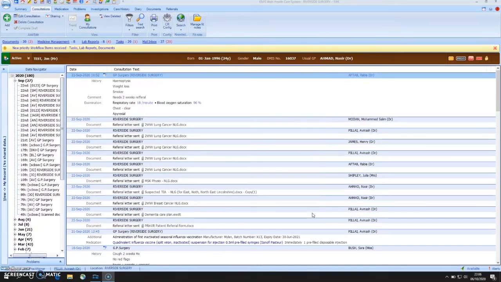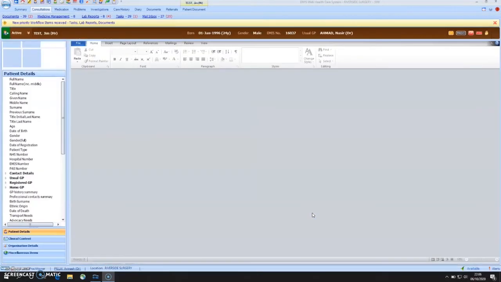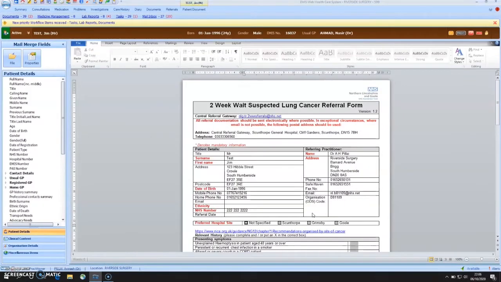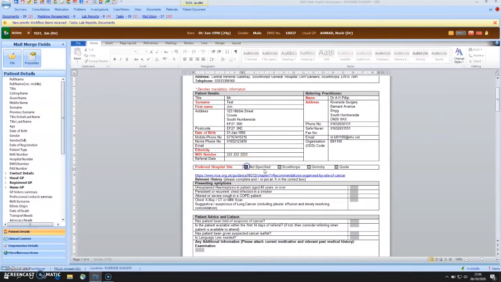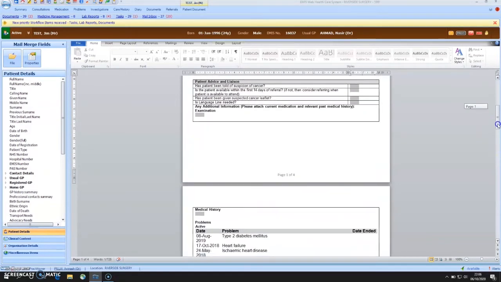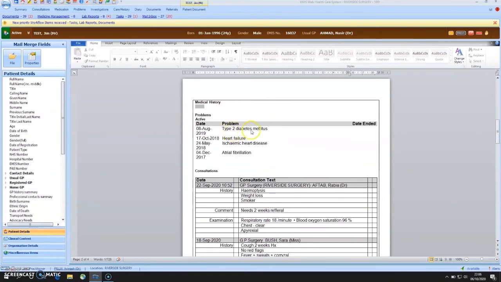Now, it does appear a bit more clicky before you get to the document, but the great thing about this is you've done the majority of the data control already. So now you're into the referral document and you just have to finish off the final bits that you would normally do anyhow. And when you've finished the document, scroll down, you will see the bits of data that's